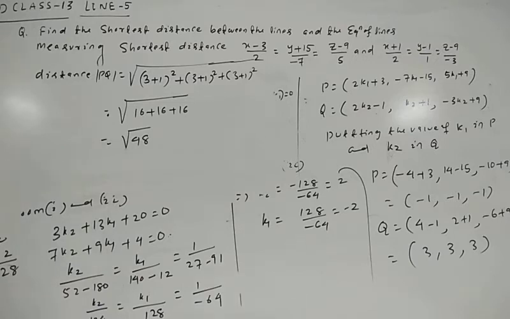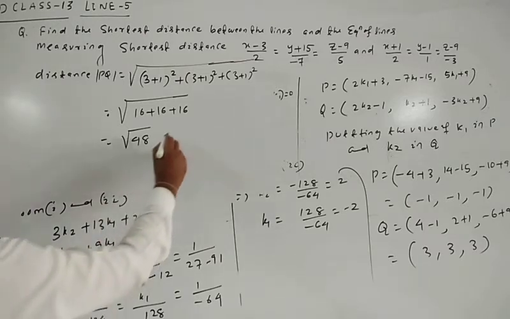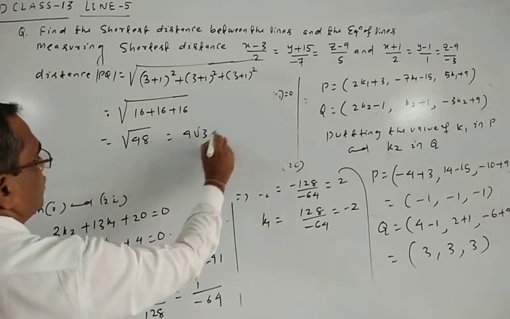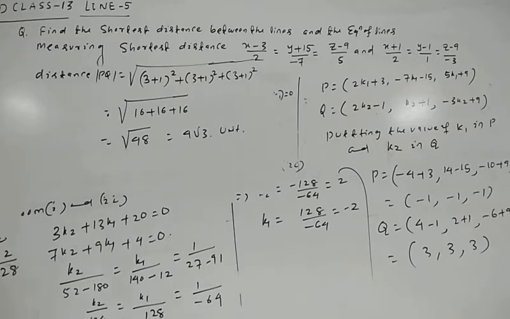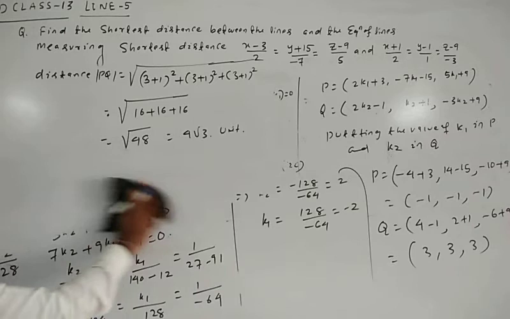So 48 is equal to 4 root 3 unit. So the shortest distance equal to 4 root 3 unit,